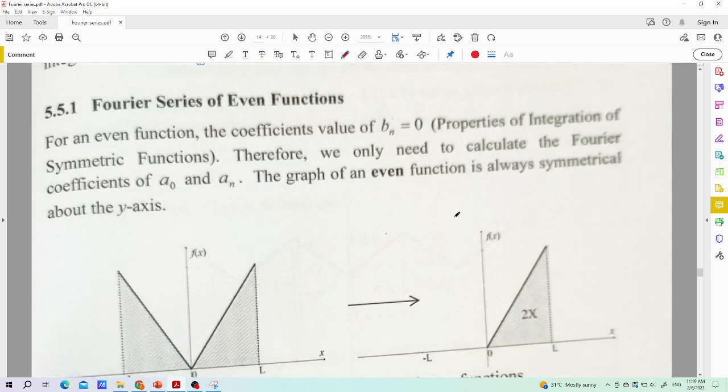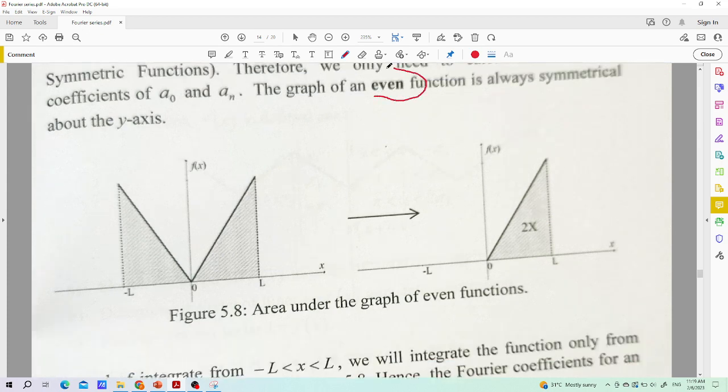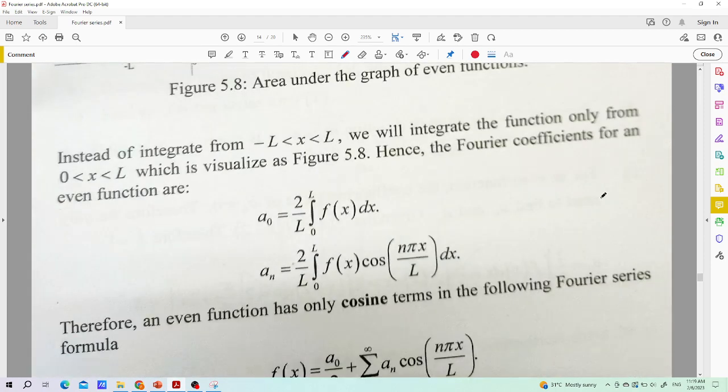Okay, so we can see from the graph the Fourier coefficient for the even function. We know that there is symmetry about the y-axis, so the area under the graph is the same on both sides. So we just multiply the function by 2. Okay, times 2. But the difference from the previous one is this,